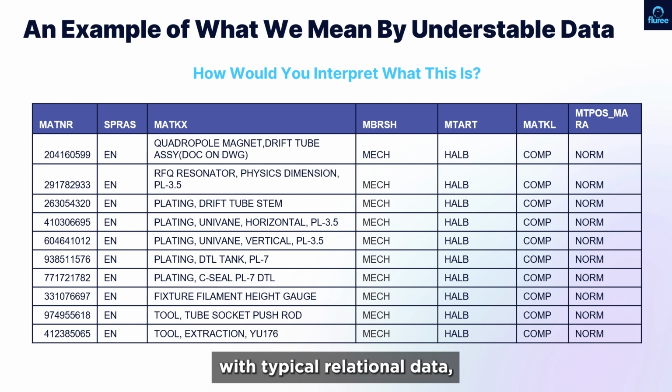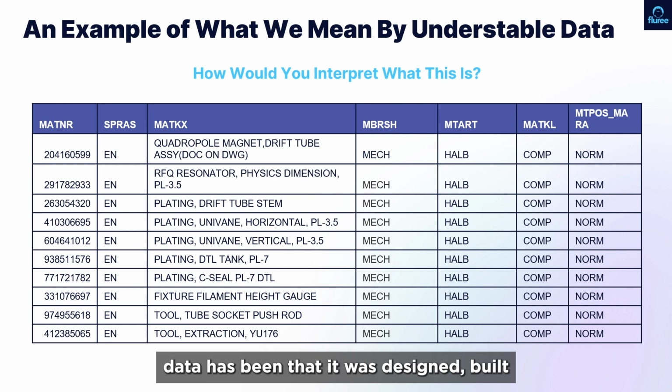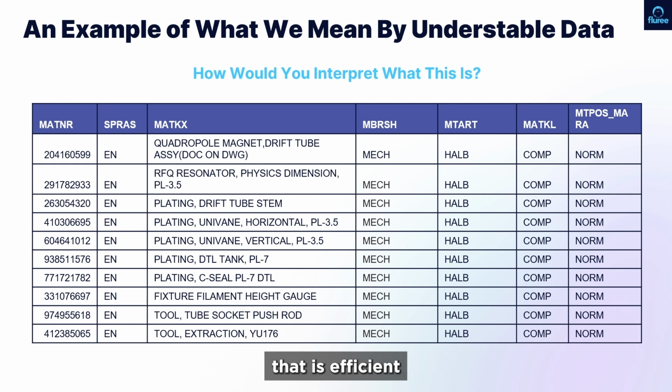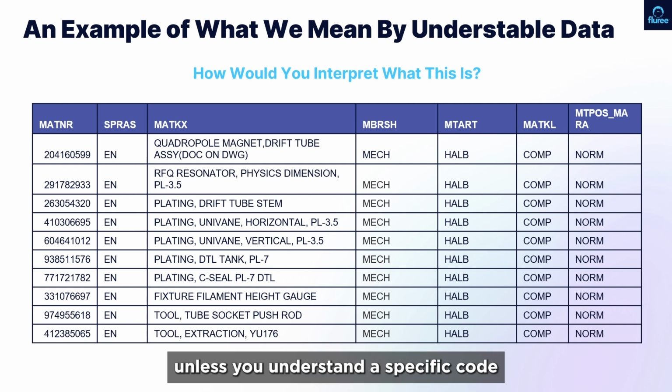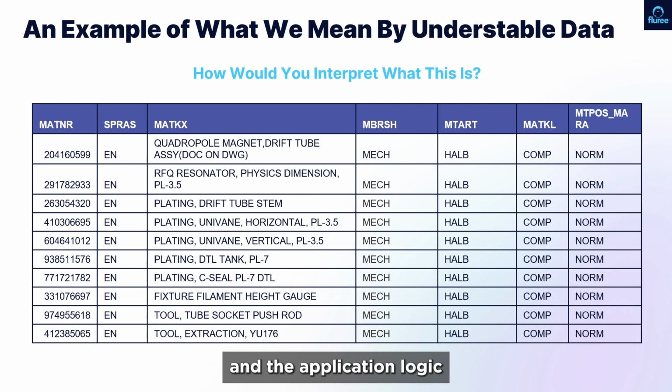And the challenge with typical relational data, what we call legacy data, has been that it was designed, built, and saved in a format that is efficient for the business application that's creating it or primarily consuming it. What this means is that this specific table makes a lot of sense to the application that created it, but it's not really usable unless you understand the specific codes and the application logic of the business application that created